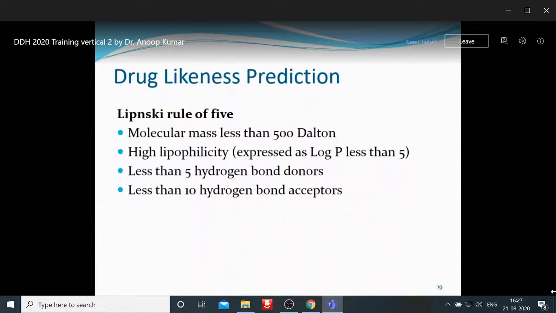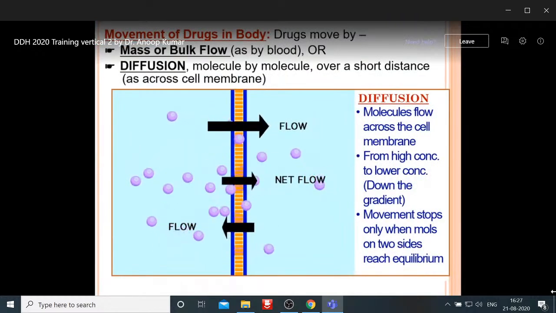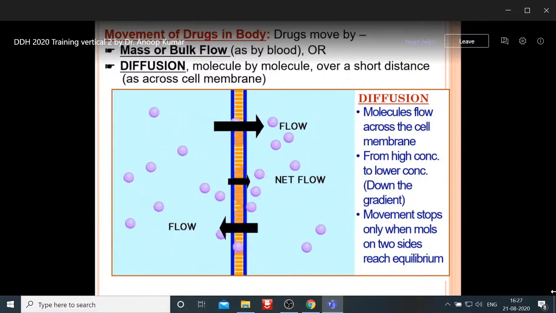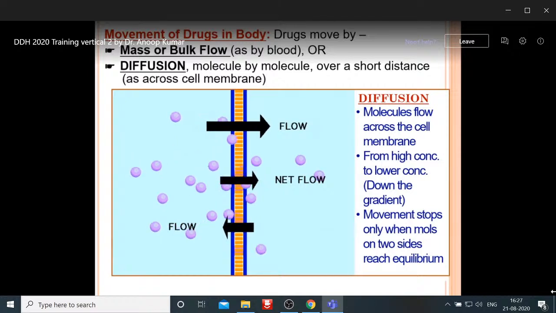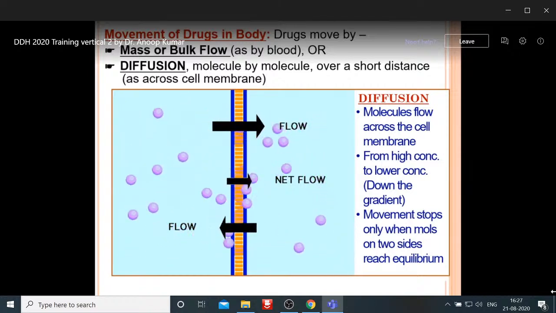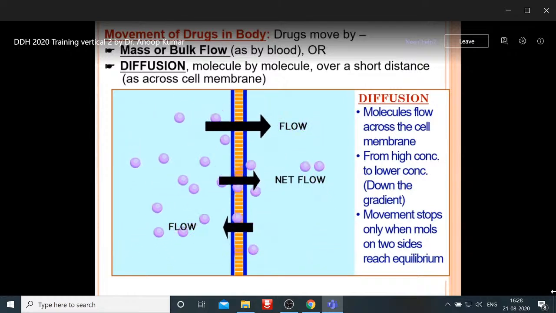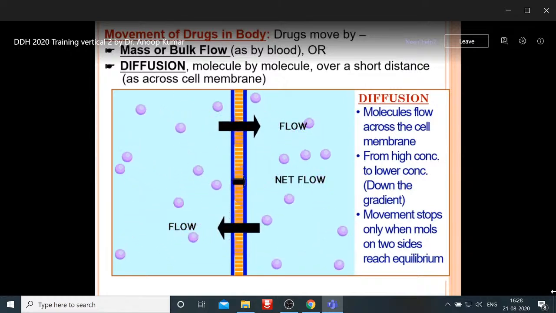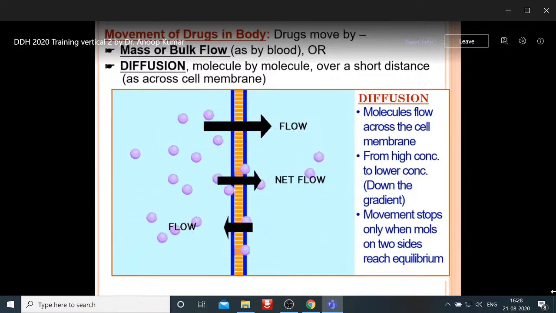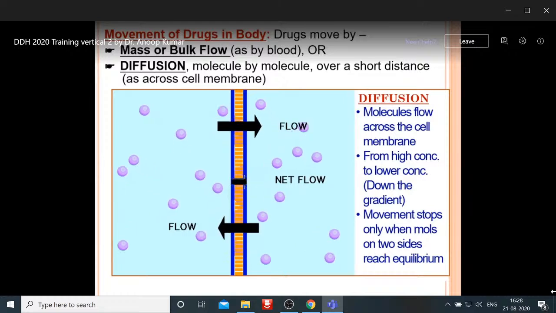So there are some exceptions where Lipinski rule of 5 does not work. These exceptions I am going to discuss. One thing is that Lipinski rule of 5 will predict only when your molecule is going to cross the cell membranes through passive diffusion. If your molecules are going to transport across the cell membrane through an active process or any other process, then the Lipinski rule of 5 will not